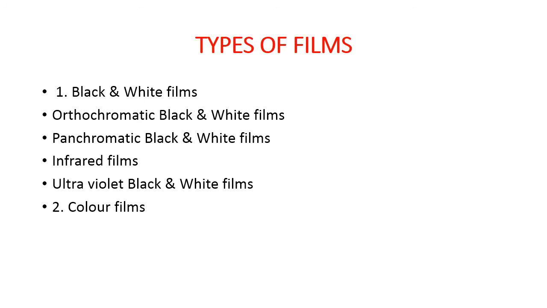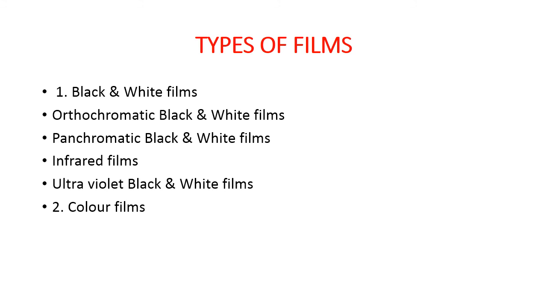The next type of film is color film. Color films give a more realistic idea about the object. As we know the colors are present, it is very easy to identify the object. But final prints are very expensive and thus they are not commonly used for aerial photography.